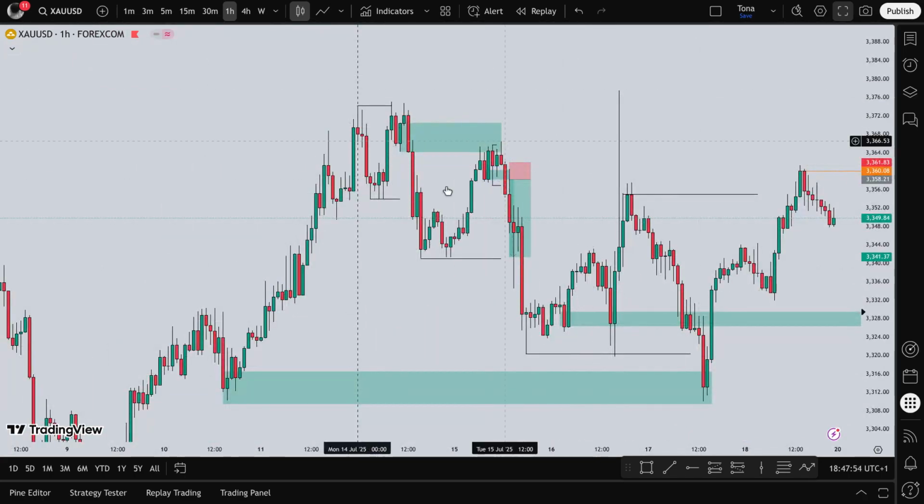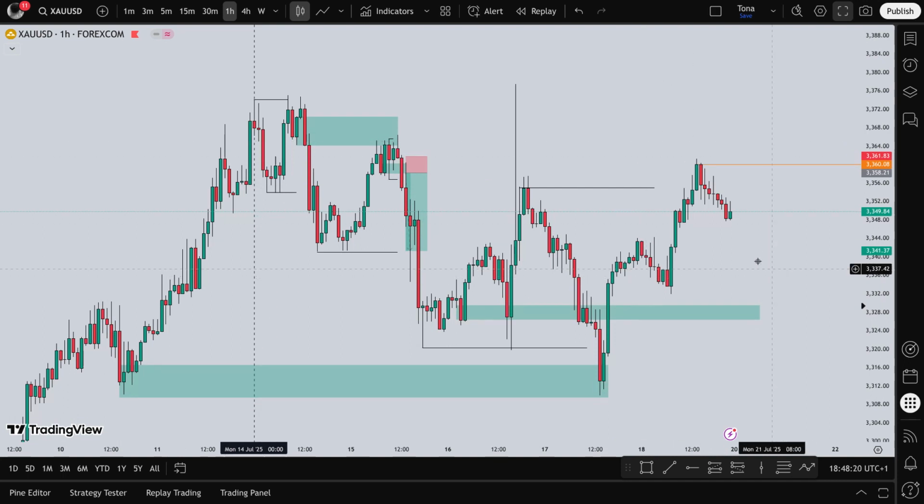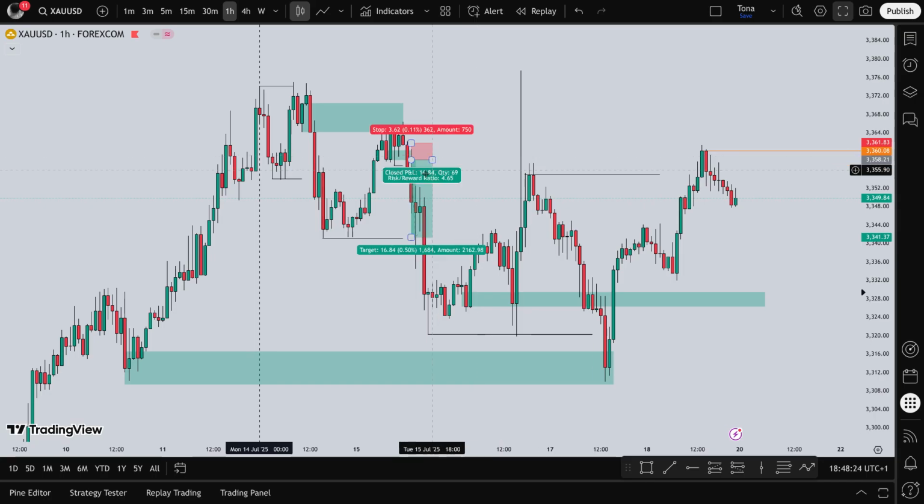If you were trading last week, that's just the thing about trading. You have to have patience. How many of us are going in 5 trading days out of the days we have in the trading week? We have just 5 days. So how many of us would have waited just to take one trade in 5 days? Normally, honestly speaking, if I'm trying to rush a trade, I would have lost. Honestly, I would have lost